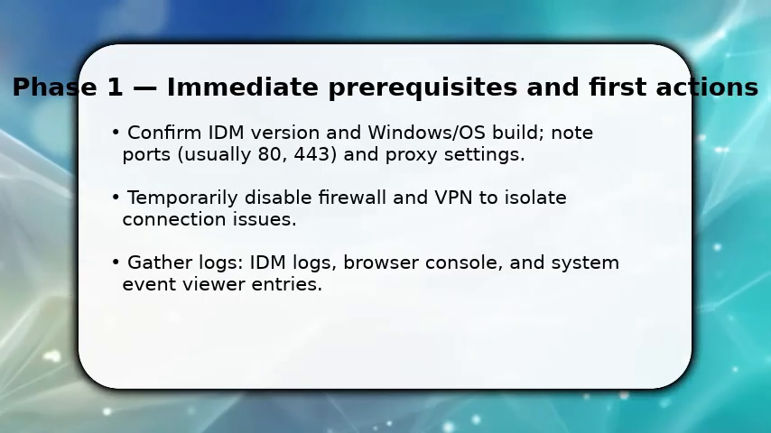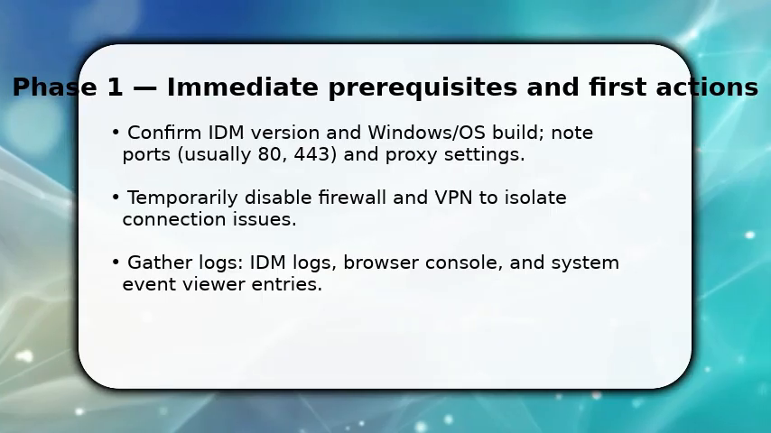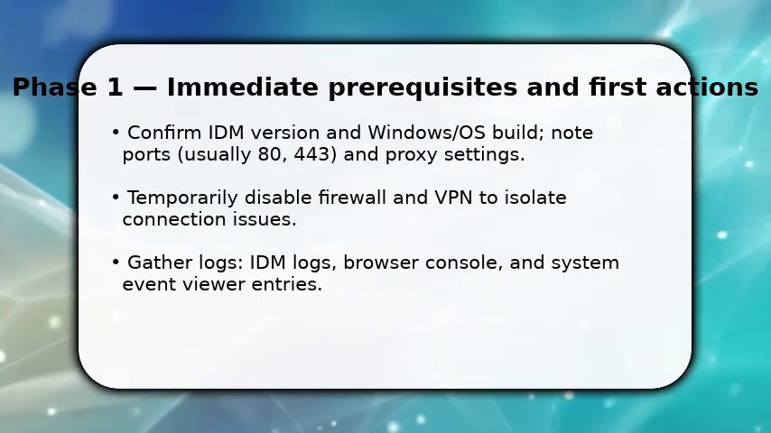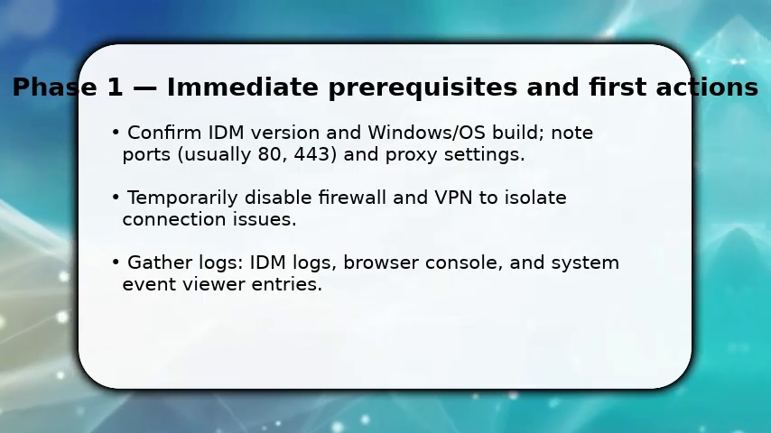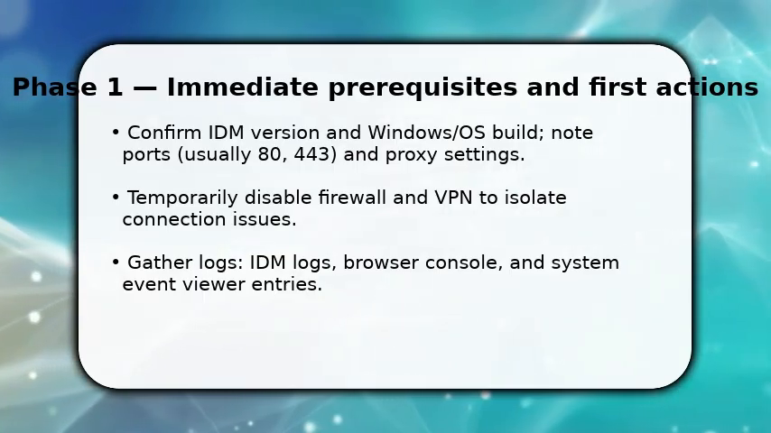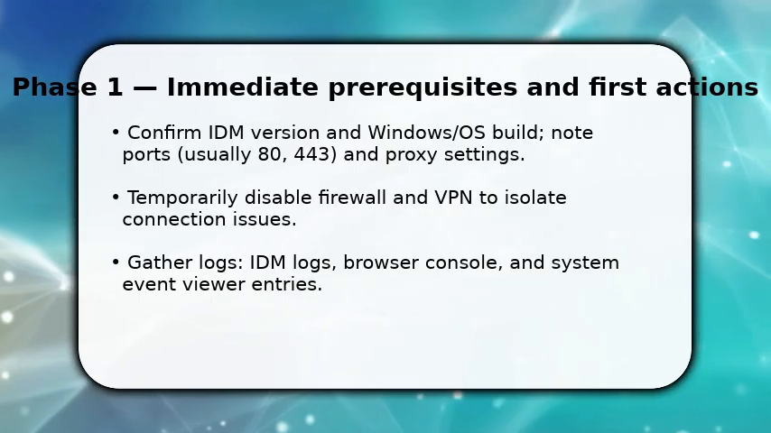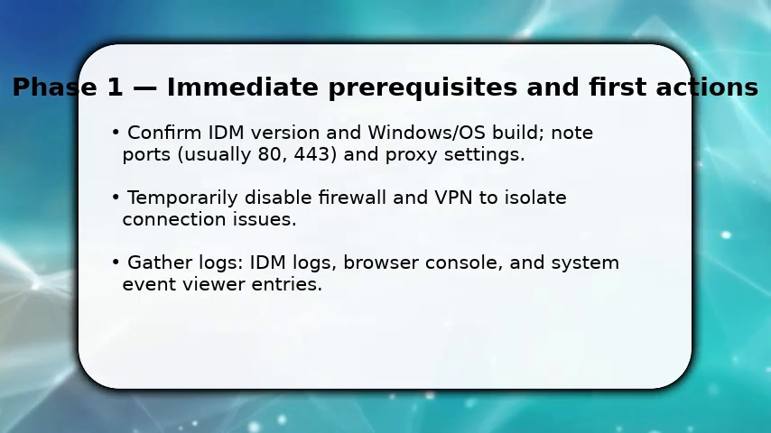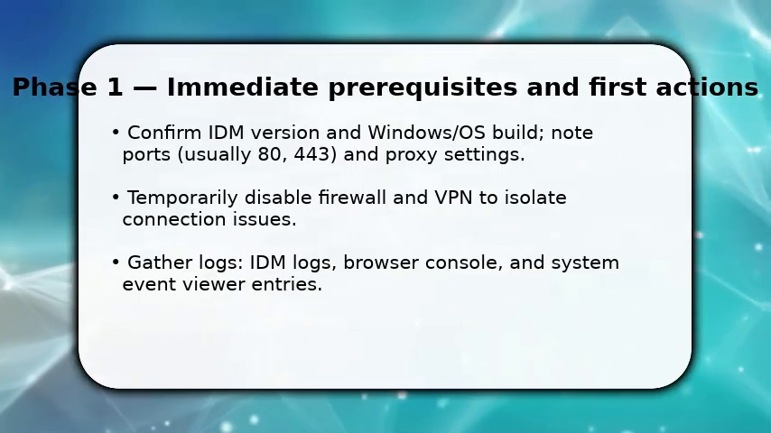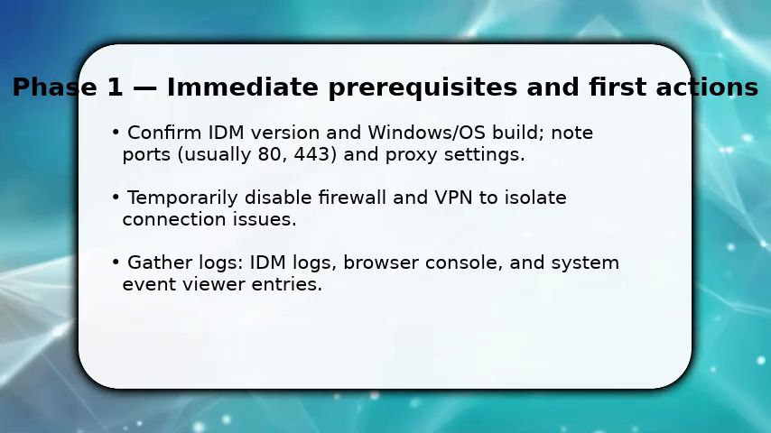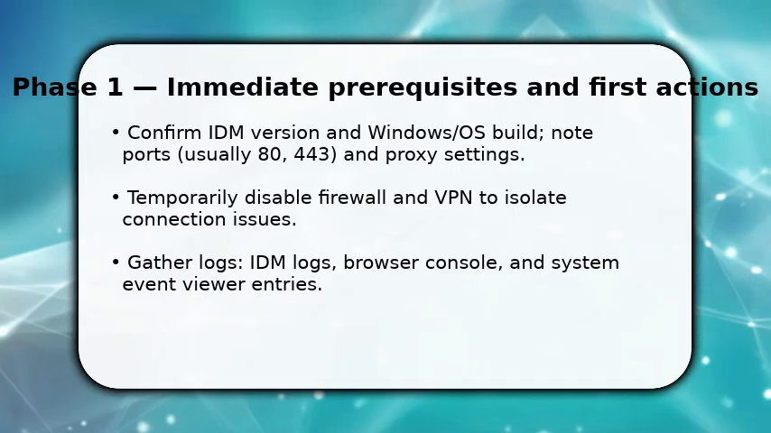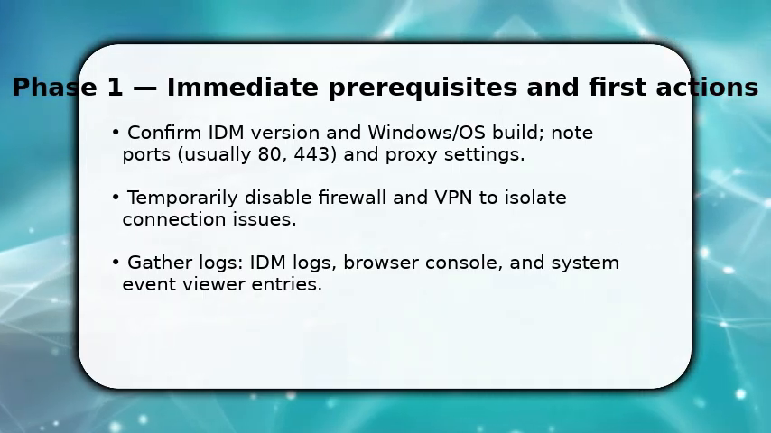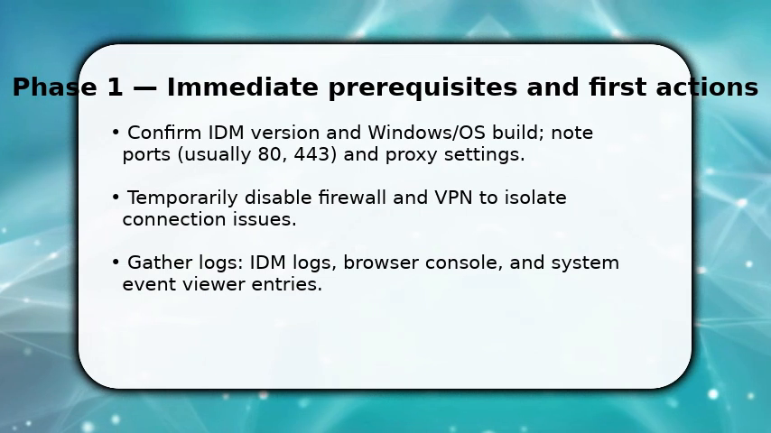You start by verifying the essentials. Check IDM version, OS build, and the ports IDM uses. Once done, disable firewall and any VPN temporarily so you can isolate network causes. Make sure to collect logs, IDM application logs, browser console errors, and system event viewer entries, because they show the failure point. This early evidence tells you whether the problem is local, proxy-related, or server-side, and it speeds diagnostic steps